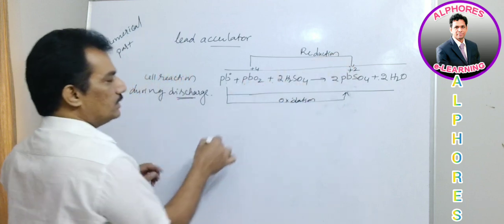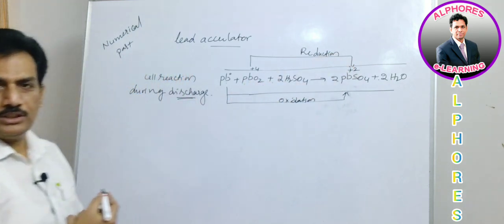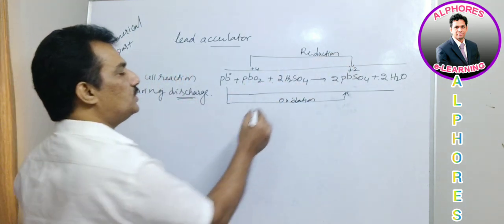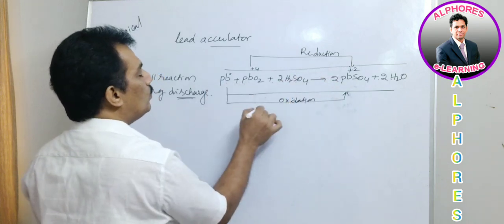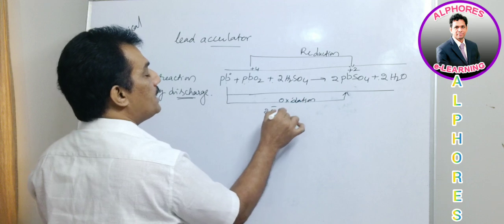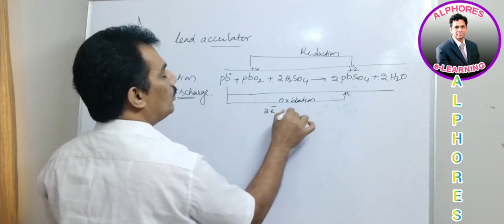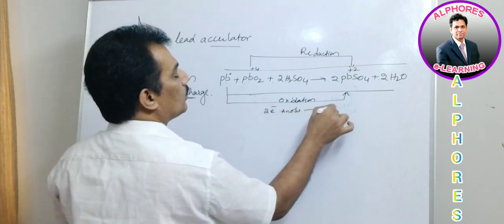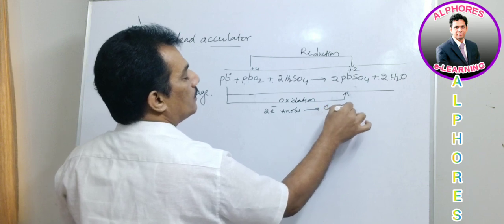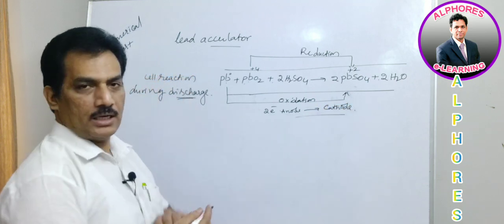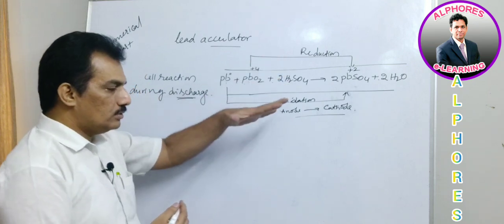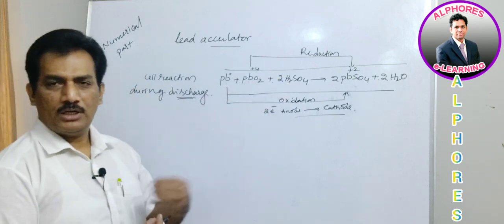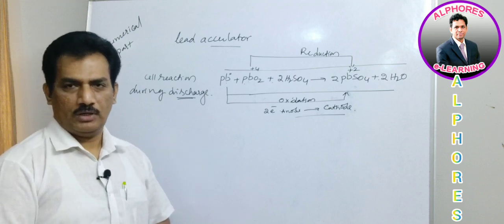In these two reactions, how many units of oxidation state change? It is just 2 units of oxidation state change. That means only 2 electrons migrate from anode to cathode. Clear? This is the basic concept. And depending on this we have different numericals or conceptual questions related to competitive examinations.